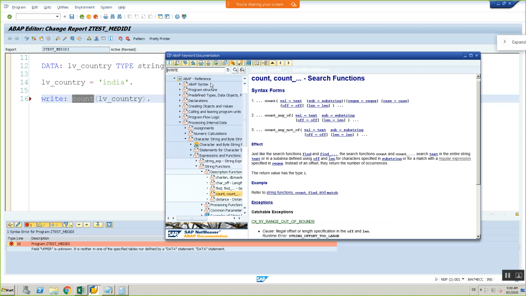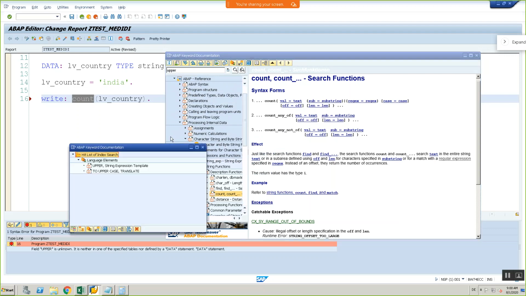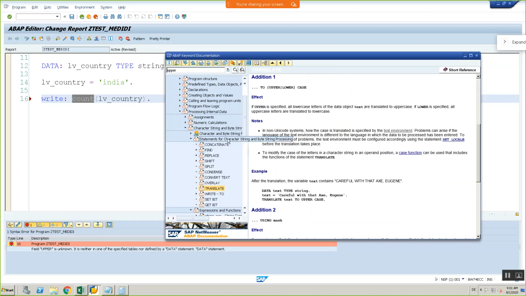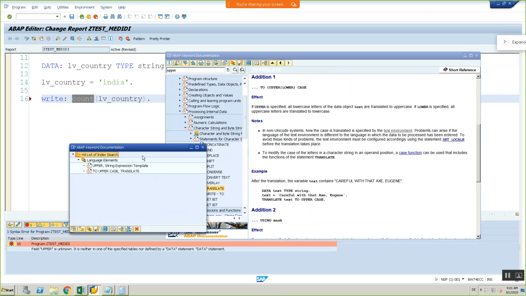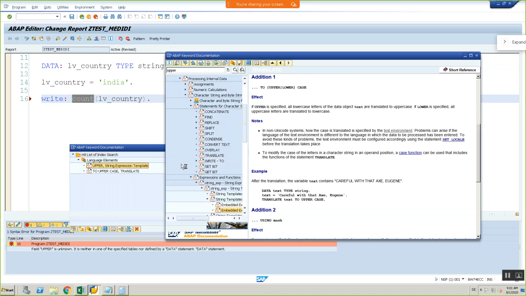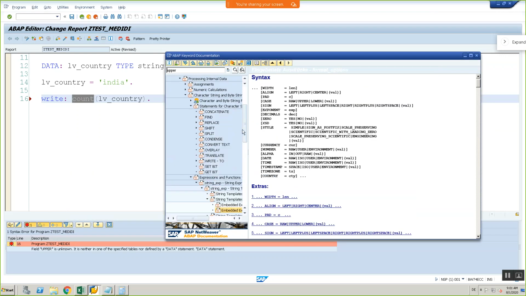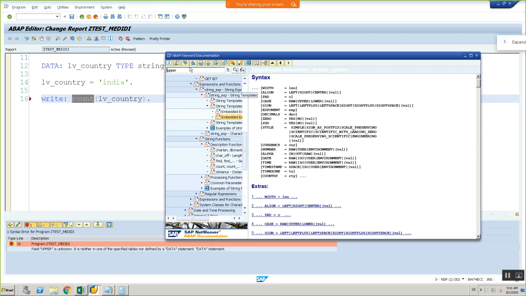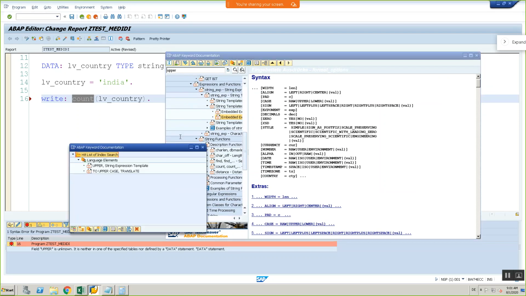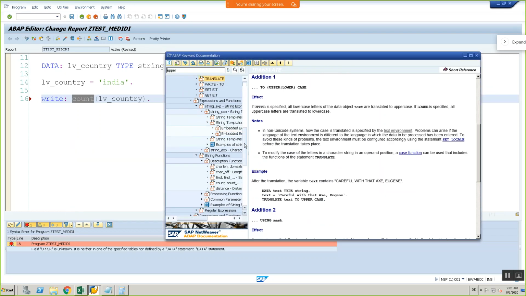I can search for upper, to upper. I want upper. Okay, fine.